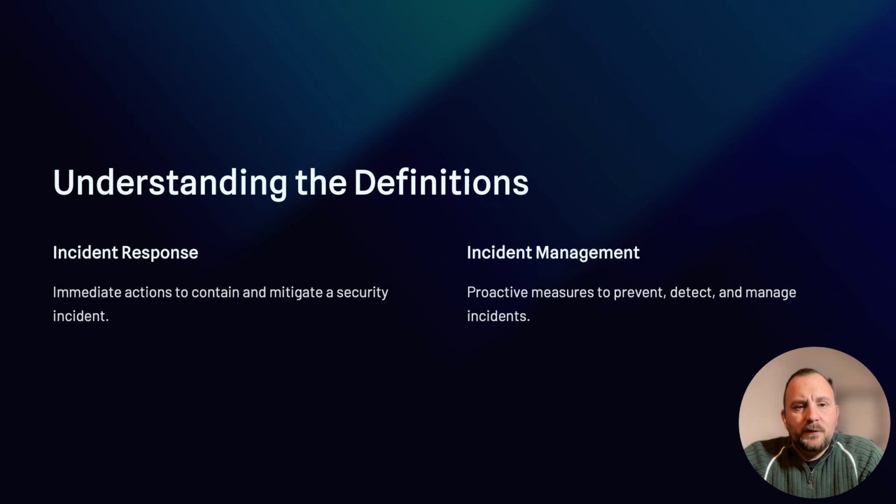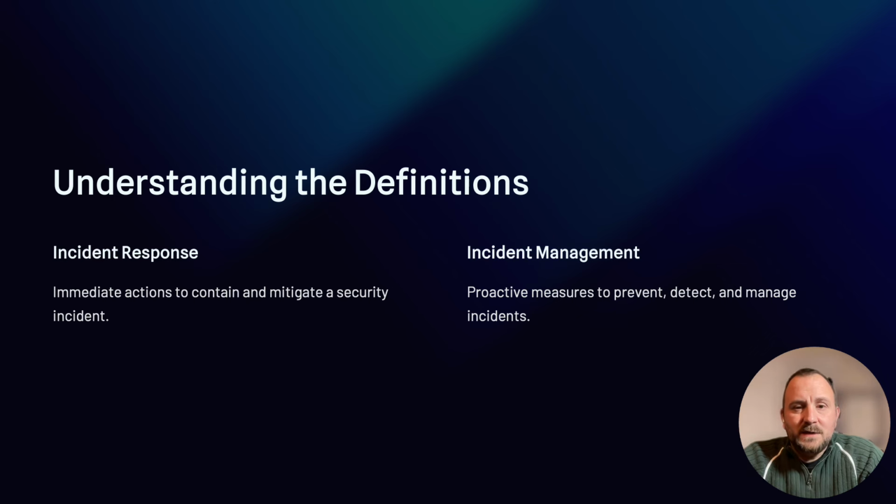From a cybersecurity point of view, two critical concepts often get intertwined but have distinct roles. First is incident response, also known as IR, which focuses on containing and mitigating an immediate security threat or breach, while incident management, or IM, encompasses a broader scope of activities, including preparation, communication, and post-incident analysis. This is not about IR versus IR. It's more about understanding the specific roles each plays in incident management.